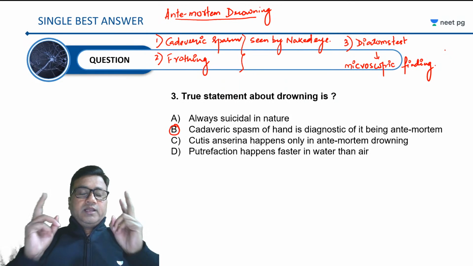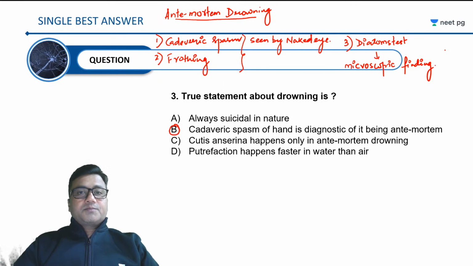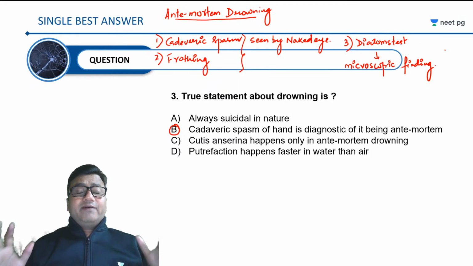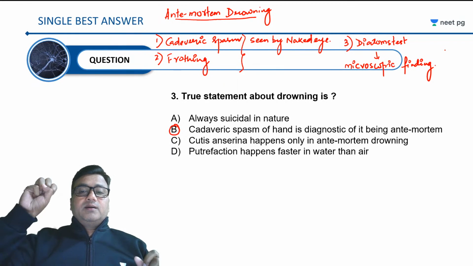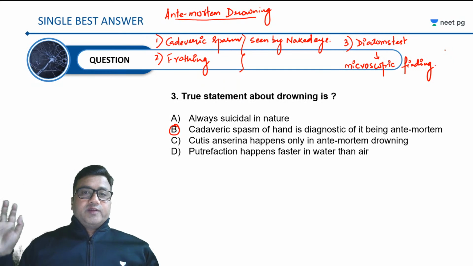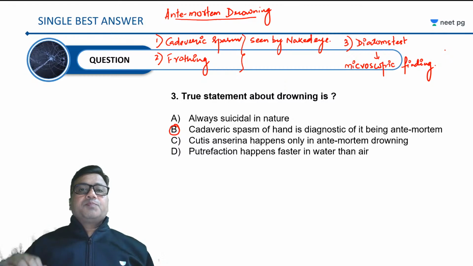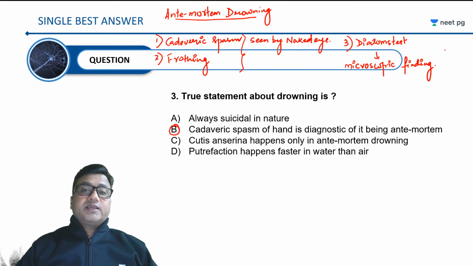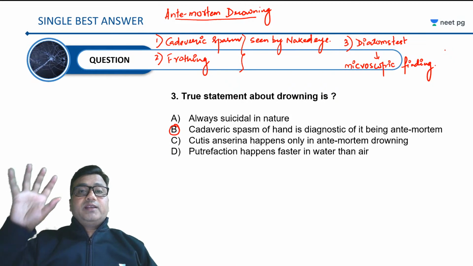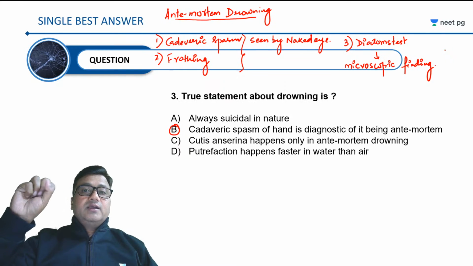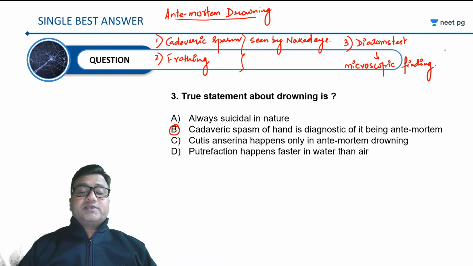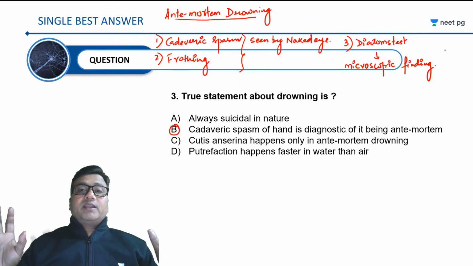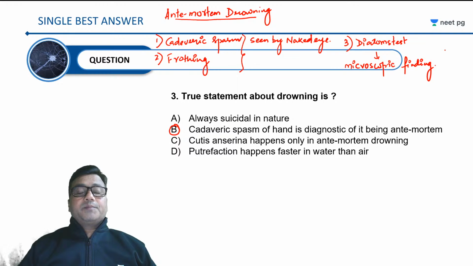Okay. Now, talking about the 2 macroscopic evidences, they are very, very important. Cadaveric spasm of the drowning will be seen in the hands itself, because when the person is drowning, he would be using his hand vigorously, and as a result, all the ATPs from his hand will be washed off. When he is ultimately sinking to the bottom of the water source, as a last resort to save himself, he may try to clench onto something that comes in his hands. That could be weeds or any other material that may be present in water. And because the muscles of the upper limb have completely washed off of all ATP, these muscles suddenly develop contraction,